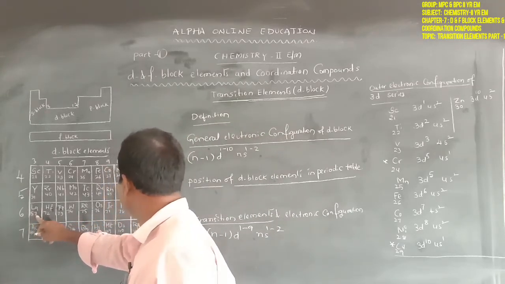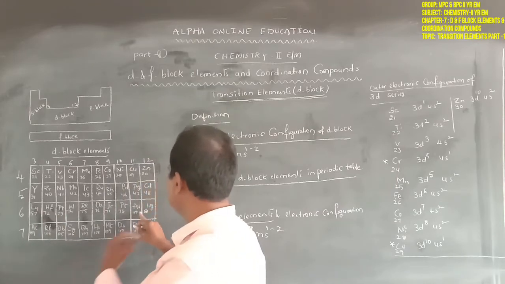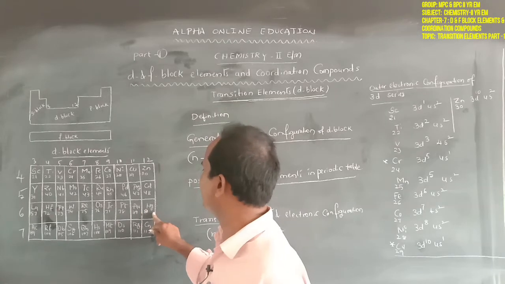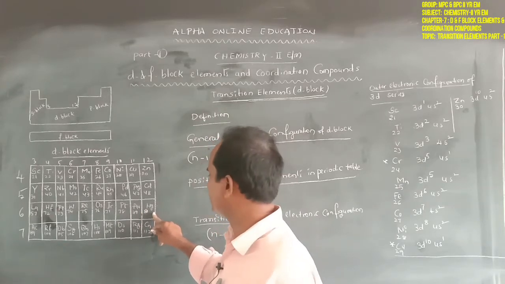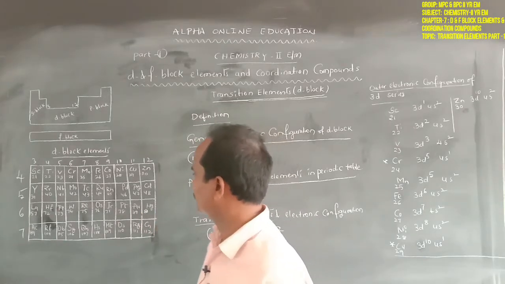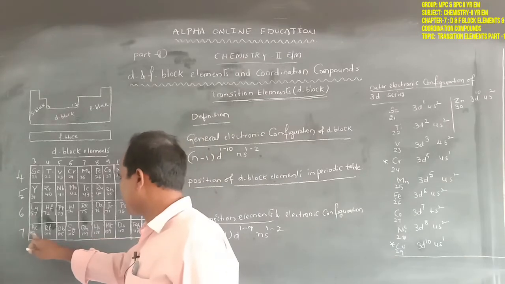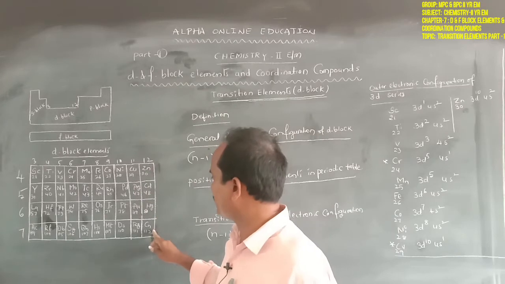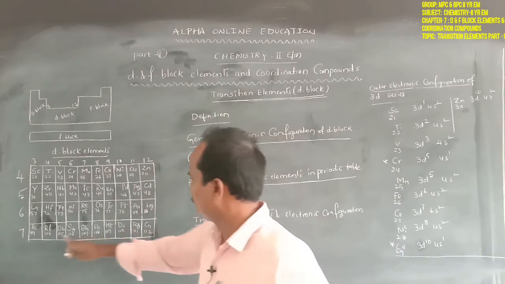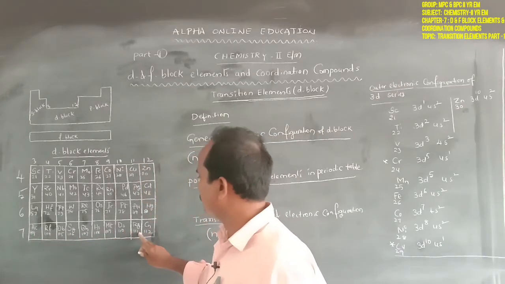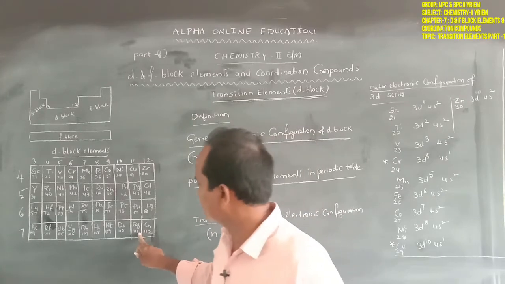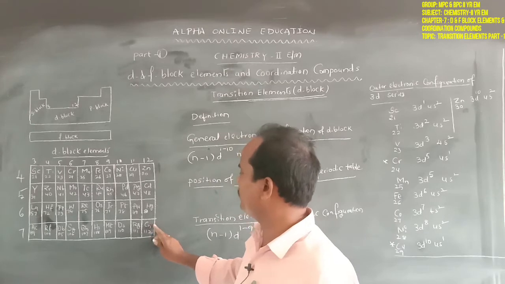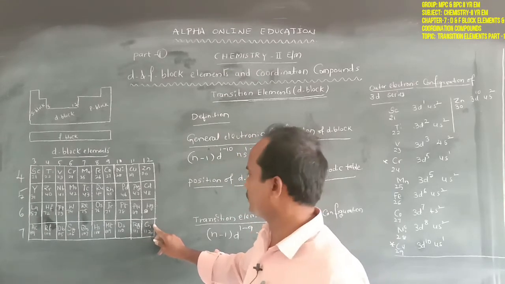This is lanthanum, 57 to 79. These are treated as transition elements, but mercury is not considered a transition element, it is a d block element. In the same way, the 6d series starts from actinium 89 to, yes, next one copernicium 112. In that, actinium 89 to rhanginium, these elements are treated as transition elements. Copernicium is a d block but not a transition element.